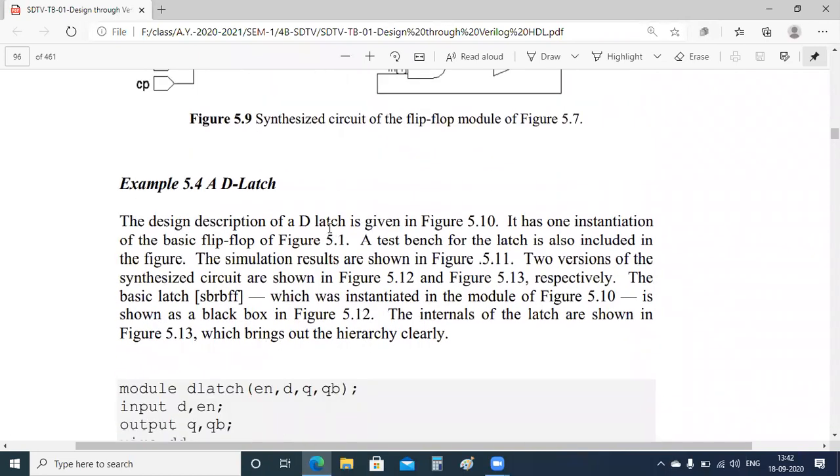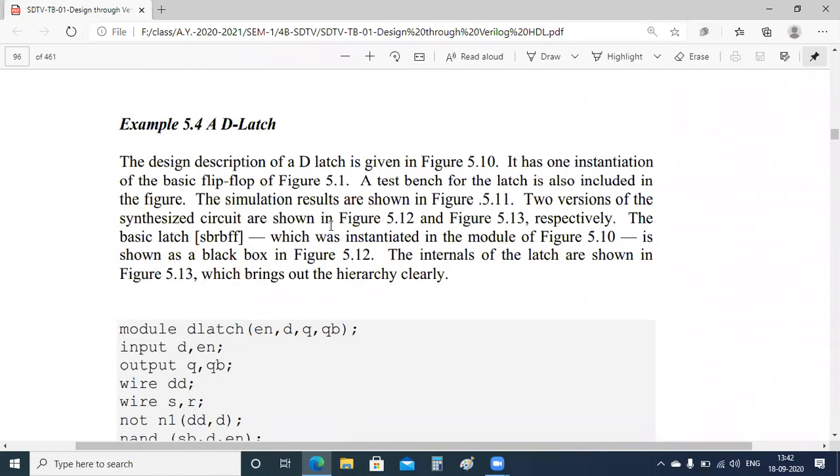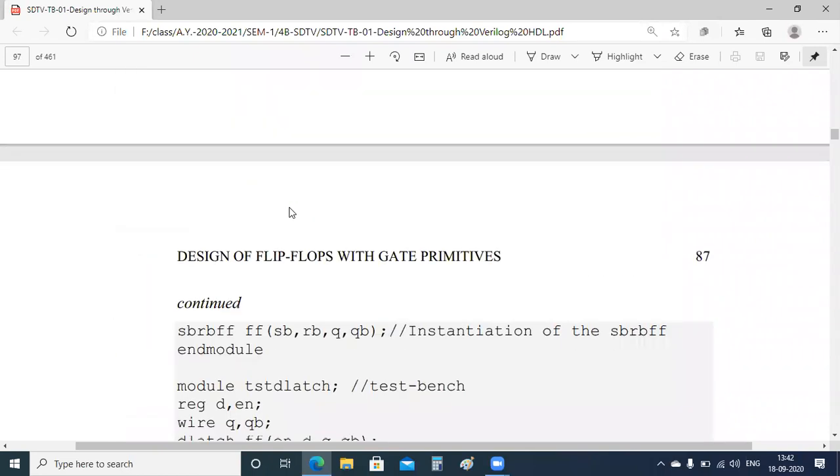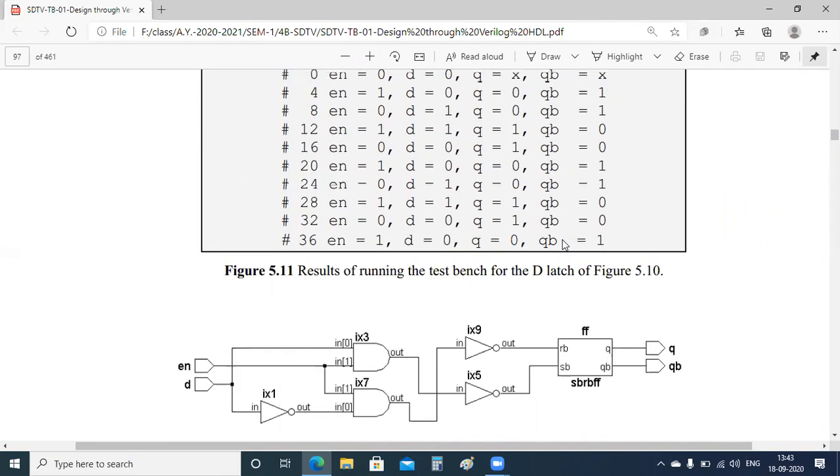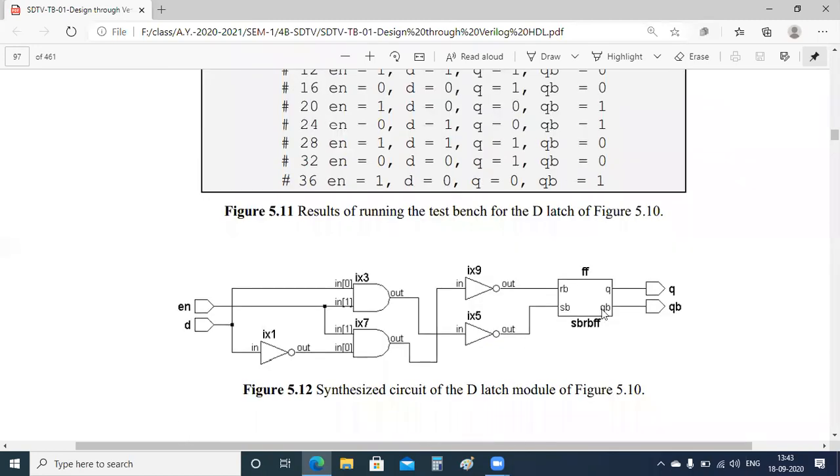Now we may also extend this combination to the D latch. For example, you can see this D latch flip flops. Okay, so I made that one as a single box. SBRB, the first latch that I have used, I'm using simply as a single module. I can call this directly as SBRBFF. For the rest, I have to write the program.